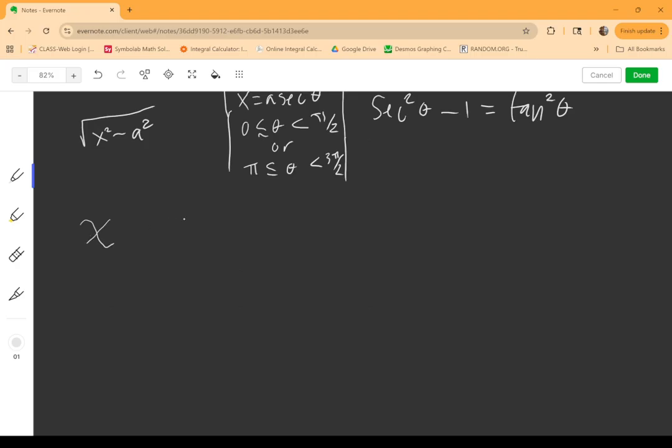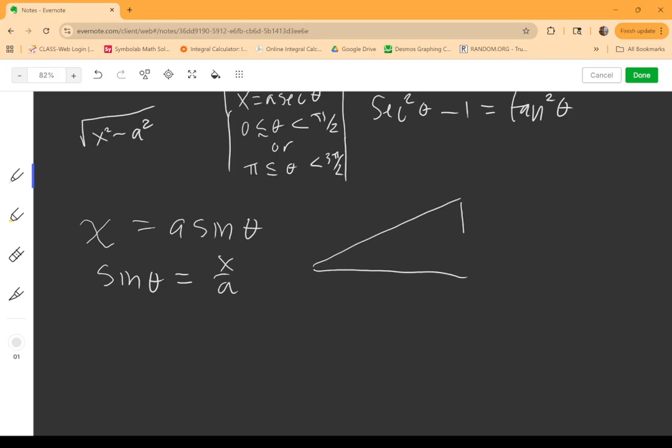So the first one we're looking at, x equals a sine of theta, or in other words, sine of theta is equal to x over a. And then setting up a triangle, here we have theta, and then we have opposite over hypotenuse, so x over a. And then the Pythagorean theorem leads me to this being the square root of a squared minus x squared. And if our integral has this expression,